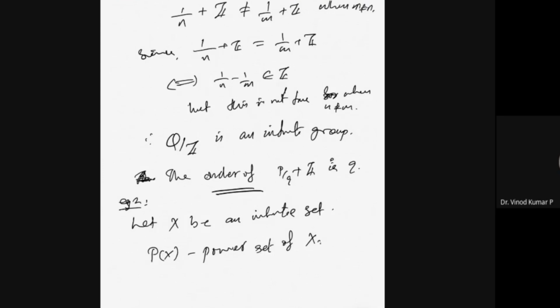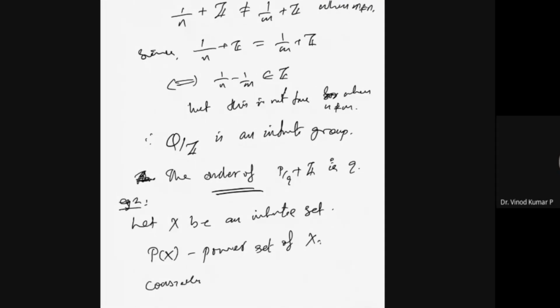Can you think of a group structure on P(X)? P(X) is basically a collection of subsets. Yes, somebody answered: with symmetric difference. Very good. Maybe you can check whether the usual set union or intersection makes P(X) a group, and that is not the case. But if you take the symmetric difference,